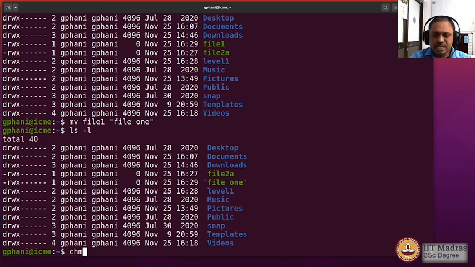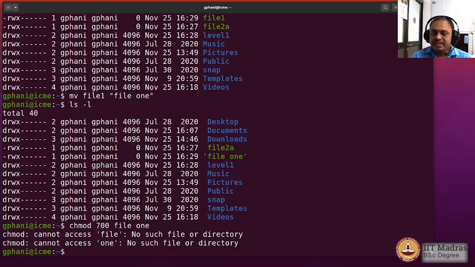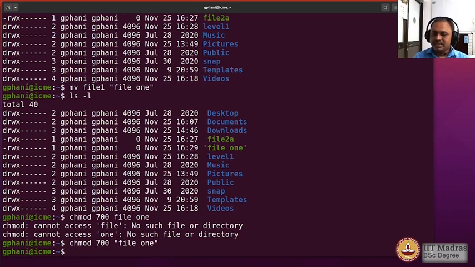So let us say I want to change the permission, chmod, and let us say 700, the same permission, and let us say file 1, and you see that it is complaining, saying that there are no such files. However, when we try to do this by giving a quotation symbol, then it works. And whenever a Linux command works fine, it doesn't give you any output on the screen, because the philosophy of Unix, which has been passed on to Linux, is of no nonsense, namely don't throw any output if everything worked fine.